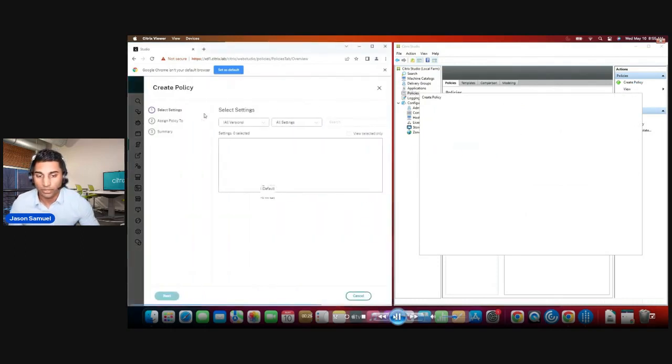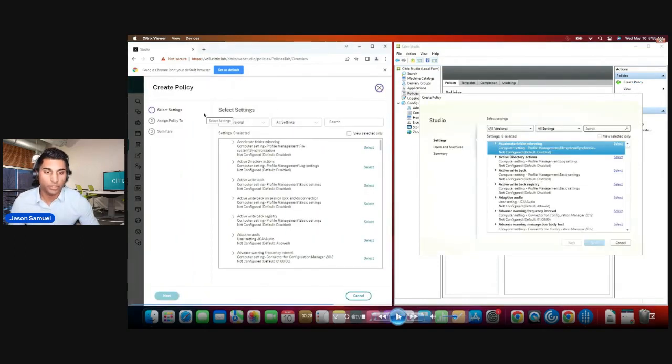And right over here, you can see, and you see on the right-hand side, the MMC actually took longer to even load just that create policy screen, whereas here on the left-hand side, the Web Studio on-prem was instant. So there's really no reason to stay on the MMC anymore. All of this matches up. The feature parity is there 100%. And so we highly, highly encourage you to move to the on-prem Web Studio.